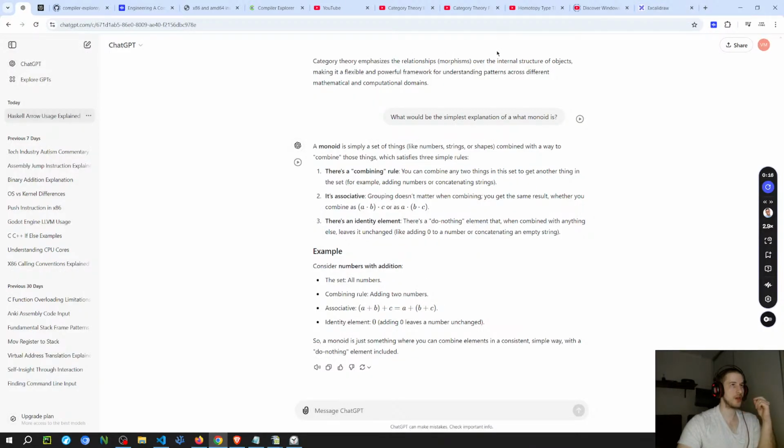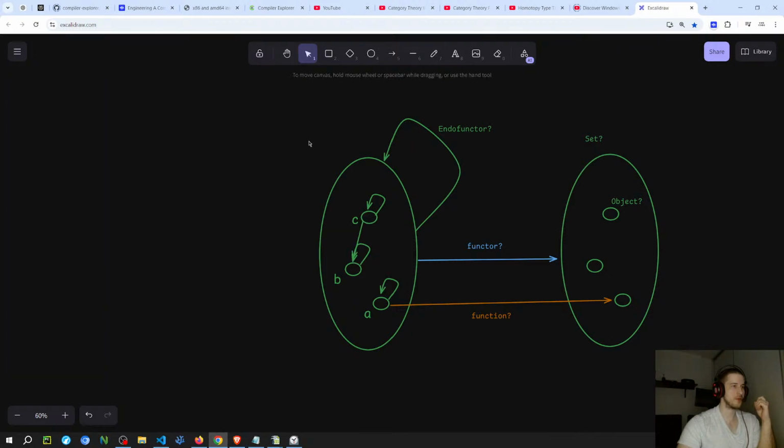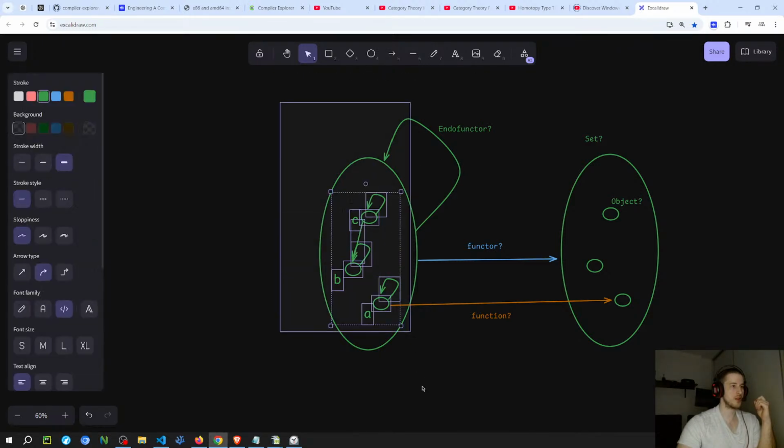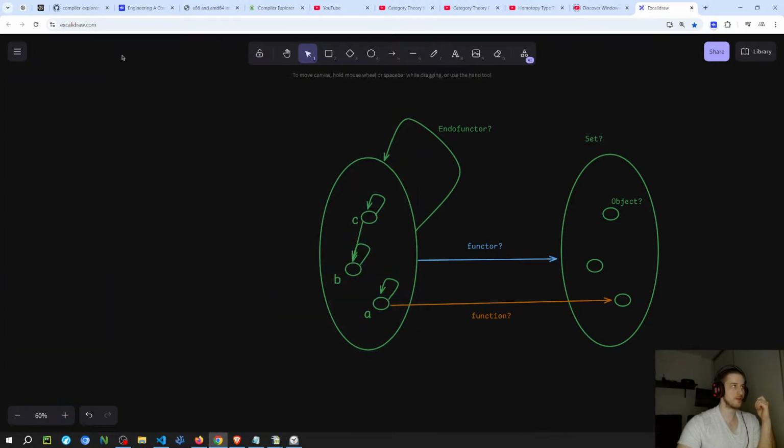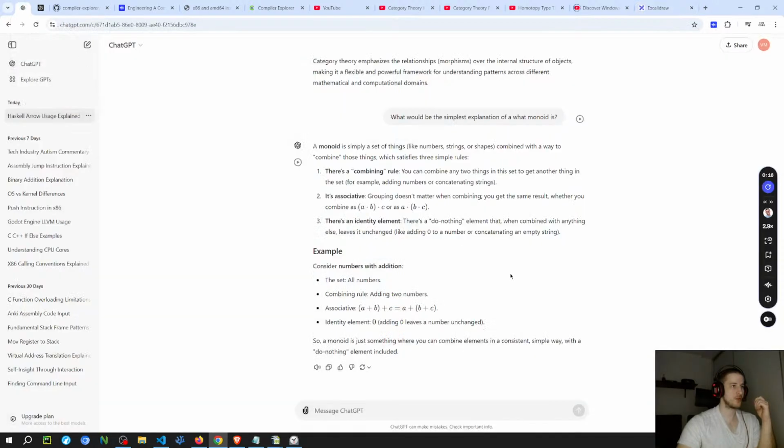But I'm not really sure if it's referring to the monoid as a set structure, or if it is referring to the transformation within the set.